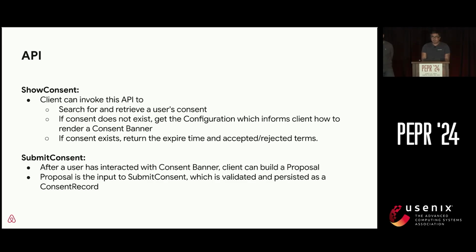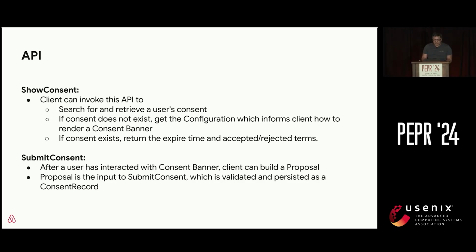And to tie all those concepts together, we needed an API surface for our client apps to interact with. Based on our client app developers' feedback, they desired an API that solves two gestures. Show consent answers the question, should I prompt the user for consent? If yes, how do I render this consent banner? If consent does not exist, we'll use the configuration to help render the consent banner. But if a consent exists, we return the expired time and the list of terms that are accepted and rejected so that the client can use those to educate its